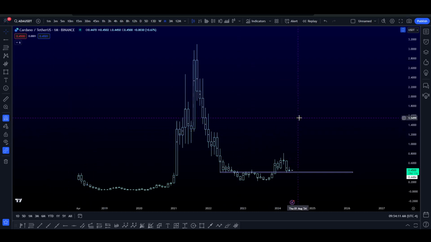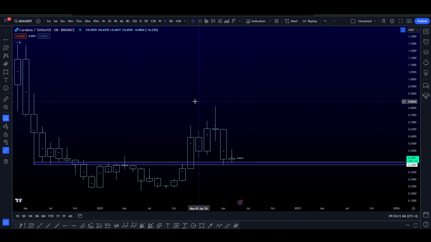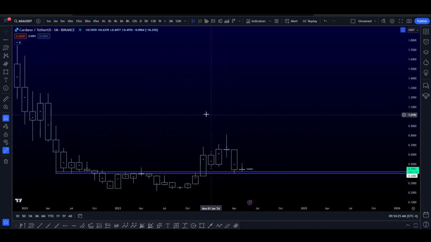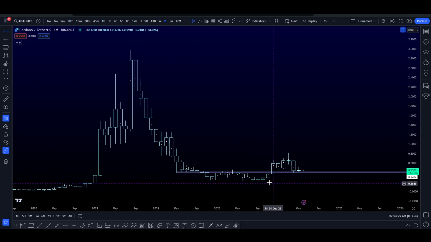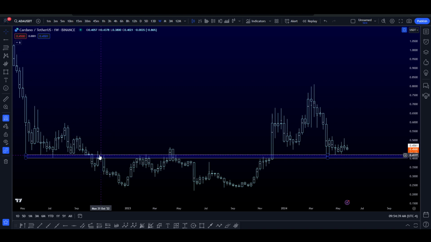Today I'd like to go over Cardano, ADA, USDT, quick update. As you can see, very straightforward video. Gonna make this quick. Right now we're looking at Cardano on the monthly time frame, right? Just taking a look at Cardano on the monthly time frame, you can see that clearly we are right above major support, right? Could even go to the weekly so you can get a better look.